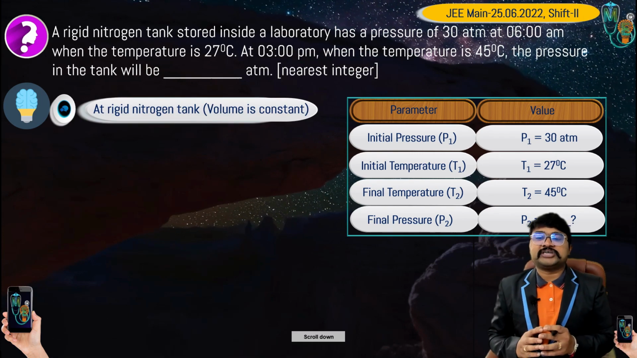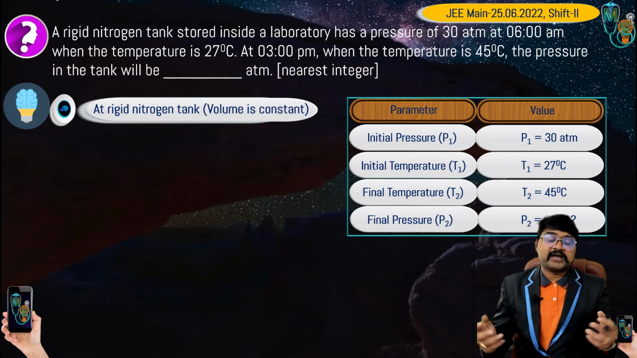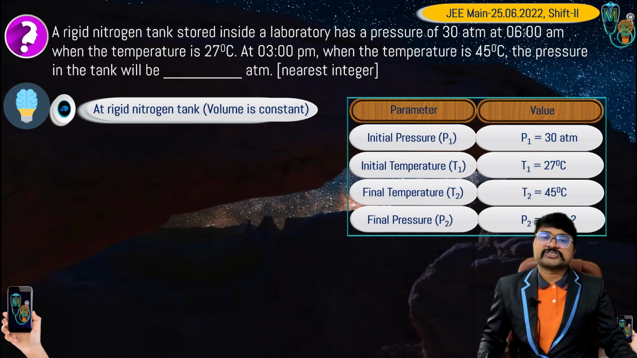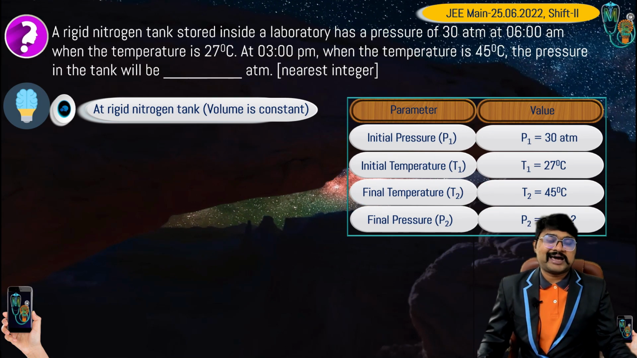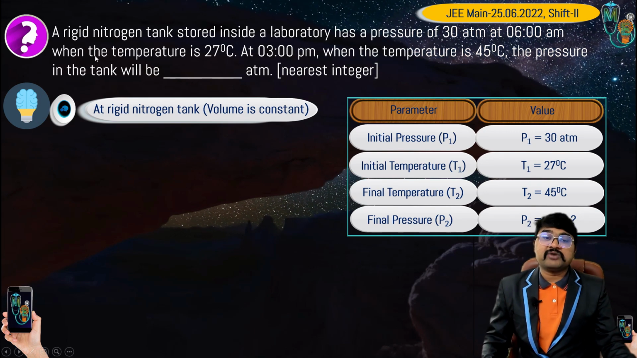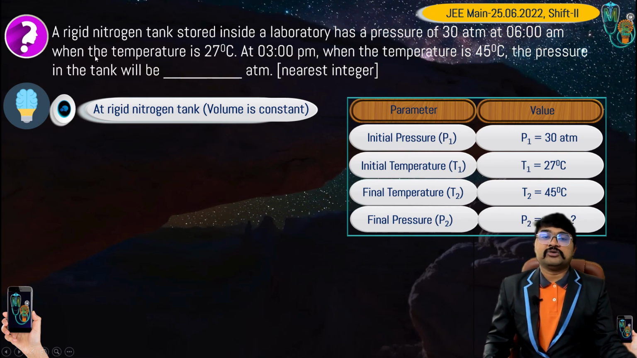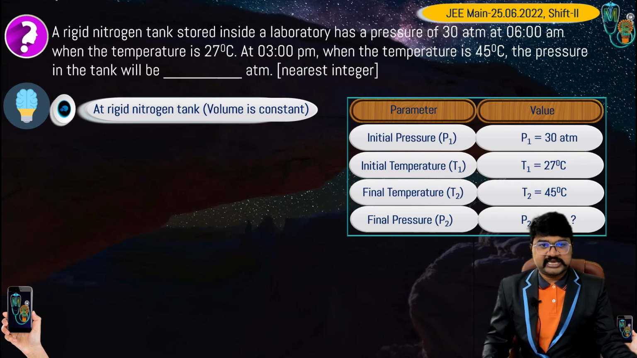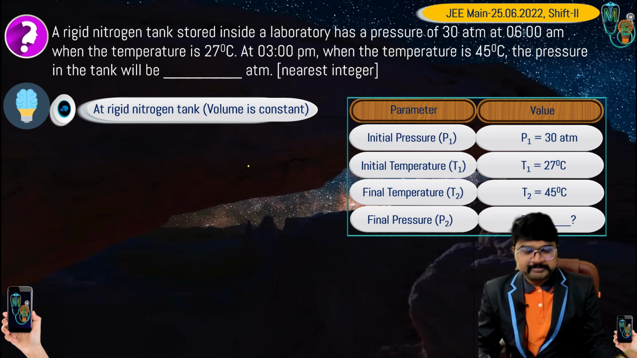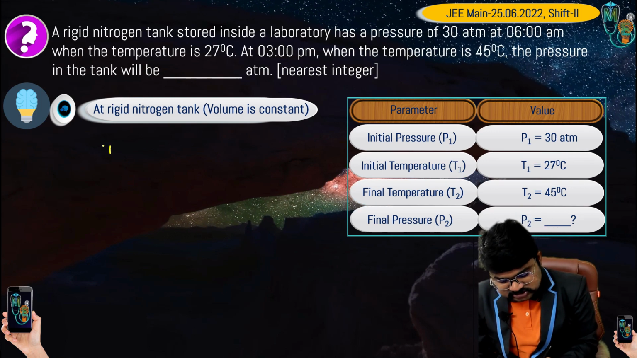What is given in the question? A rigid nitrogen tank, that is why volume is constant. Volume is constant, then pressure will be directly proportional to temperature. So here I want to convert degree centigrade into the absolute thermodynamic scale, that is Kelvin scale. Okay, so here what is given? T1 equals to